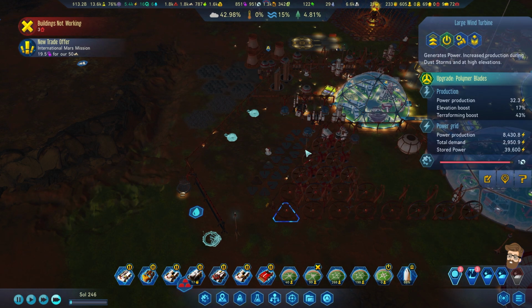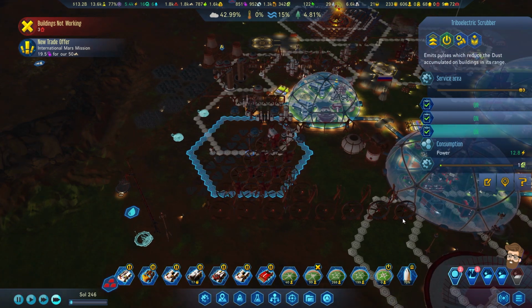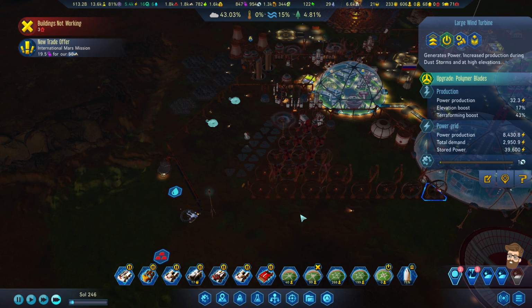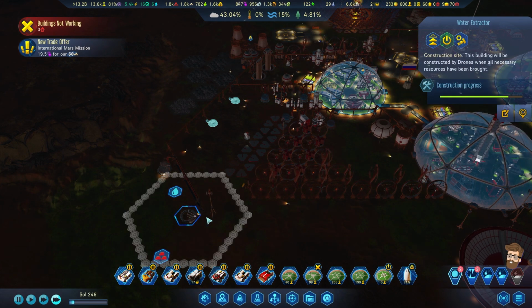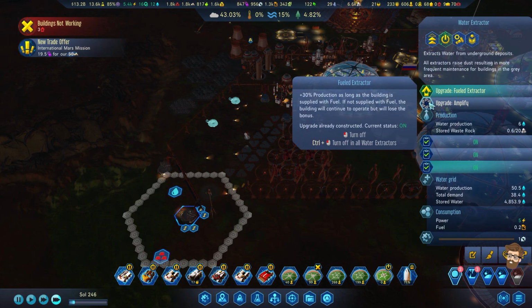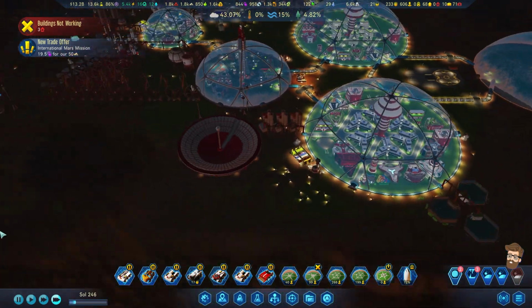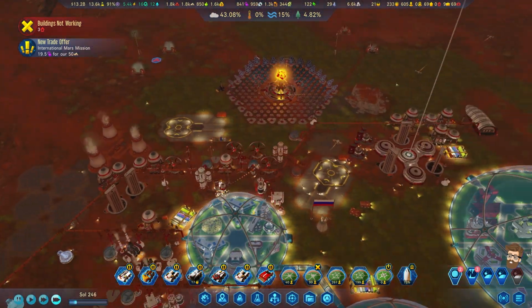You need maintenance soon. Can't get all these guys. I could probably slap down some extra scrubbers too to help. But I do also want to kind of move those guys to the higher ground if at all possible. Fuel them up, amplify it, go, go, go. Alright, let's get our first core heat convector built up. And I think